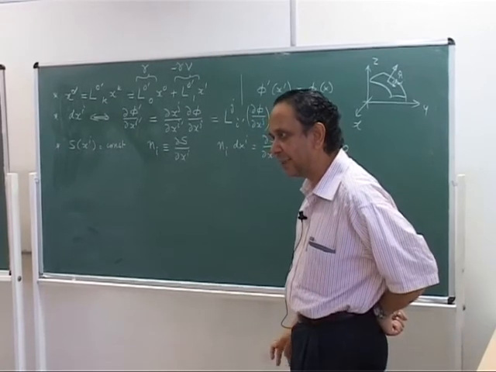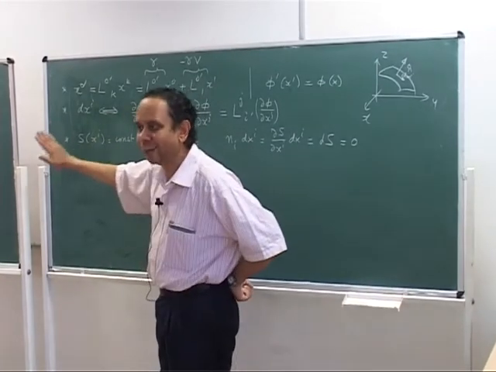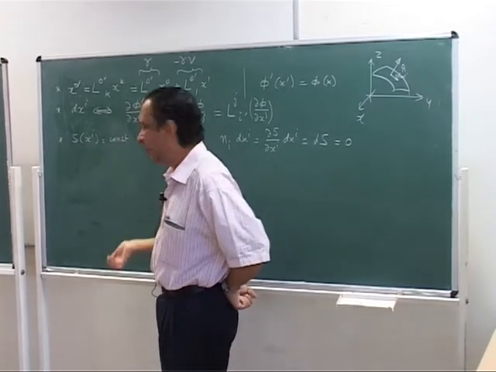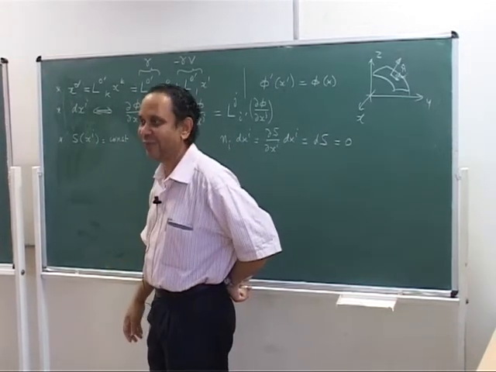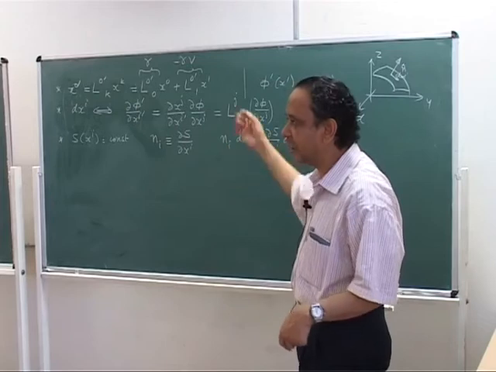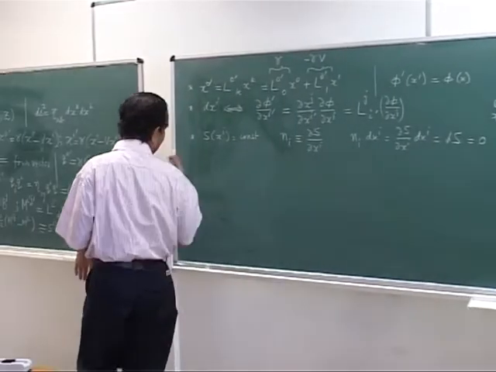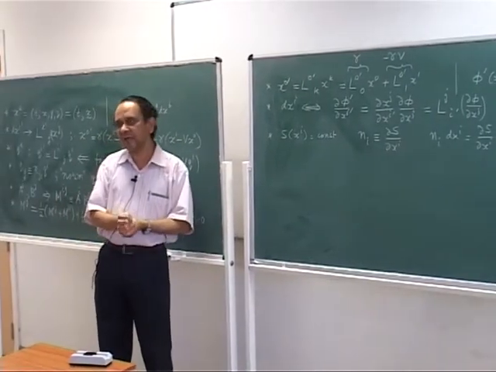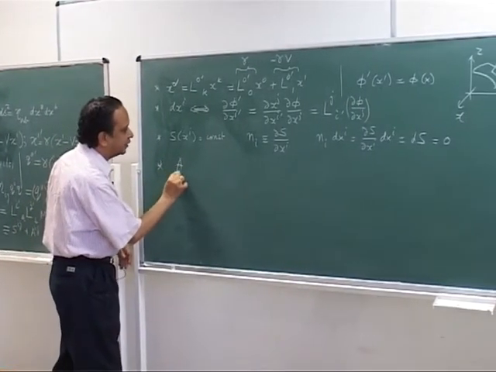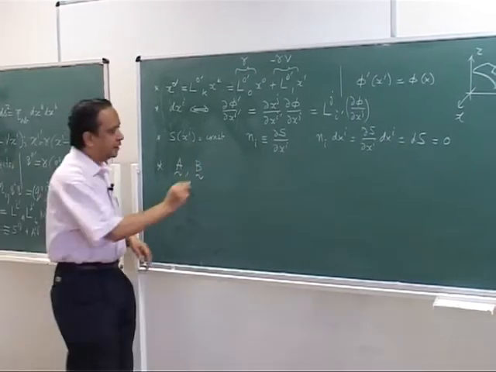why it comes with a lower index. That is because I have already told you that d by dxj transforms like a covariant vector. Okay. So, what I did here was to give you an example where you have this d by dxi coming up. Okay. Now, once you have these two, you can do several beautiful things. So, I just want to illustrate to you one of them, just to give you the power of that. This has to do with an equation, like if you take a vector, I told you that in normal 3-dimensional vector calculus, if I have two vectors A and B and the operator del,